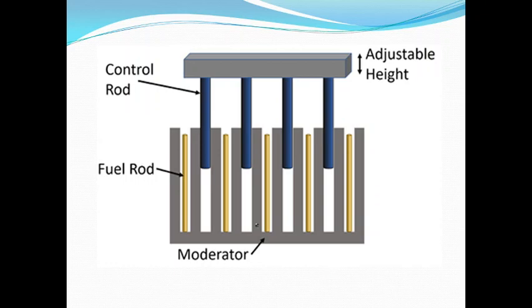We know the main part is the fuel rod, uranium. Usually it is placed as rods. So you can see here this golden colored rod is one of the nuclear fuel rods. Then again it is placed at some distance from each other, because if it is placed all together, we will not be able to control the reaction rate.